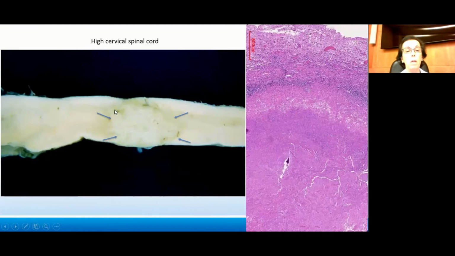Here you can see the 4th ventricle. This is the medulla, and this tumor, which, in fact, they did a biopsy some weeks before he died. It didn't reach the lesion. It was below or above. We couldn't make the diagnosis, but then when we saw, it's not the same case, but just to show that